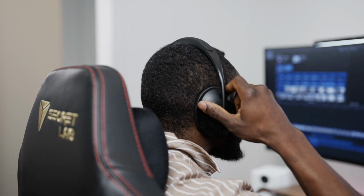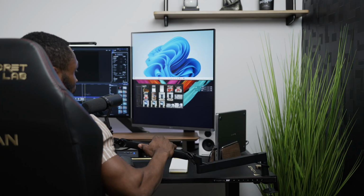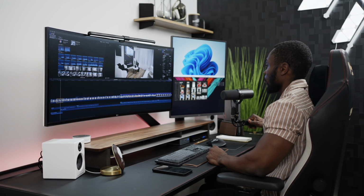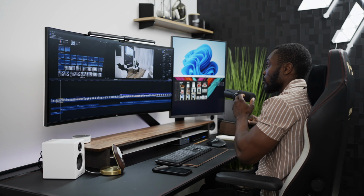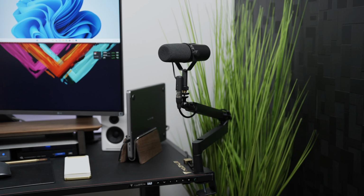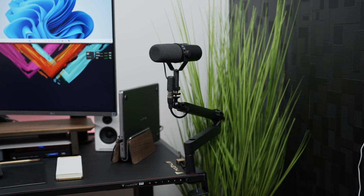They have great noise cancelling features that look clean and they sound great as well. On the other hand, for capturing high quality audio at the desk, we added the Shure SM7B, which is a well-known dynamic microphone that works really well for capturing vocals. It's one of the most popular XLR mics being used to create content across multiple platforms, and honestly, there's a